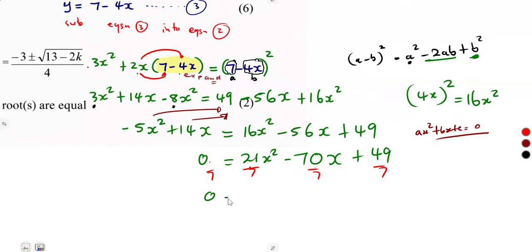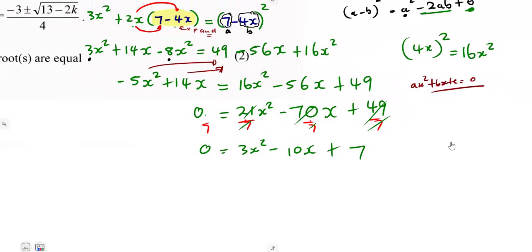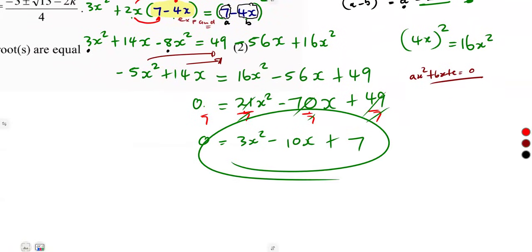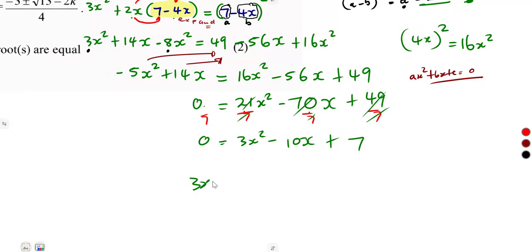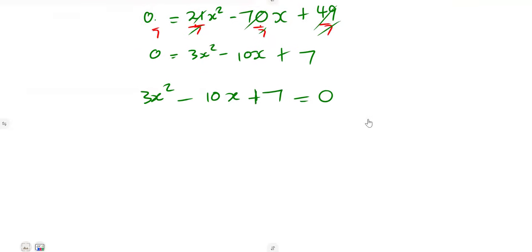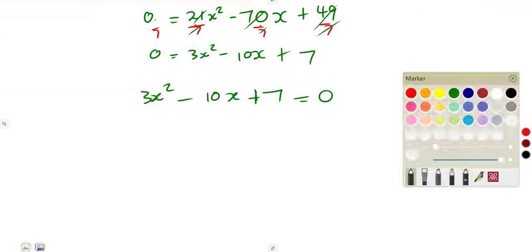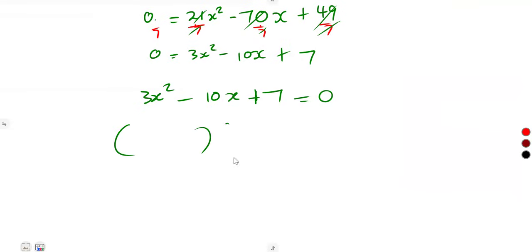0 divided by 7, that's a 0. This one and this one is going to give us 3x squared minus 10x plus 7. All right, so that's a simpler quadratic equation that we can work with. 3x squared minus 10x plus 7 is equal to 0, where you can use your quadratic formula, or you can even apply the factorization. All right, trying the factorization, you know that we're going to have two brackets, so it